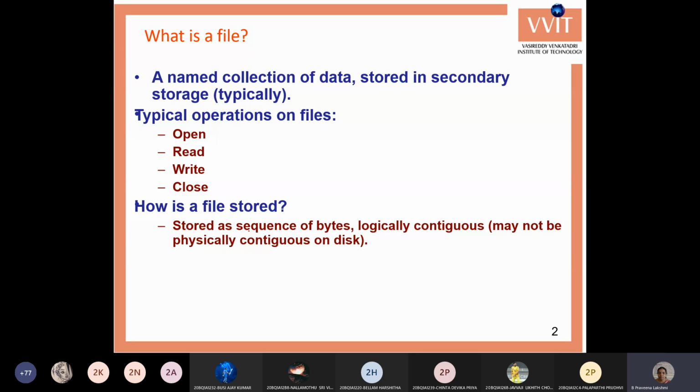But if you want to store the data in a permanent memory, that is, whenever you are creating business related applications, like if you are creating software for a school or a college or any other organization, you need to store that data in particular places. Then we require all these files.